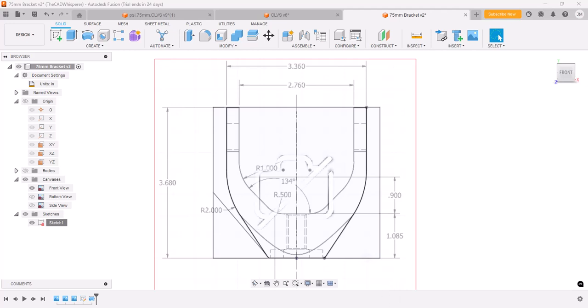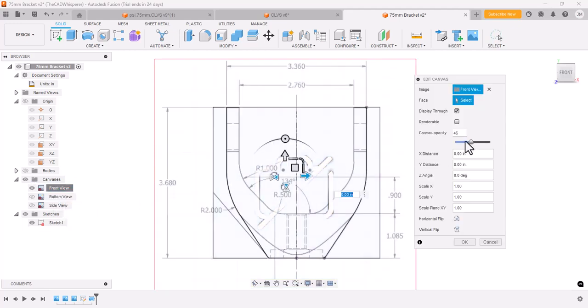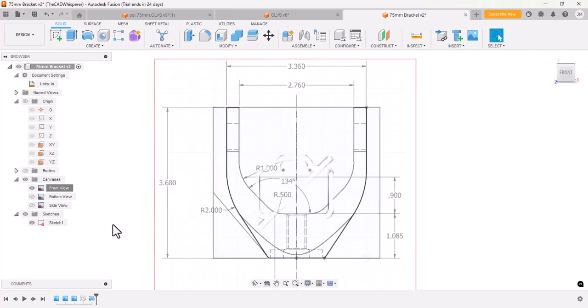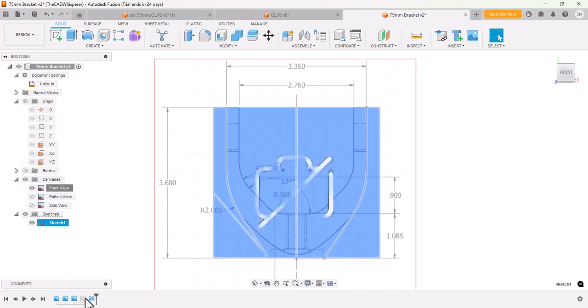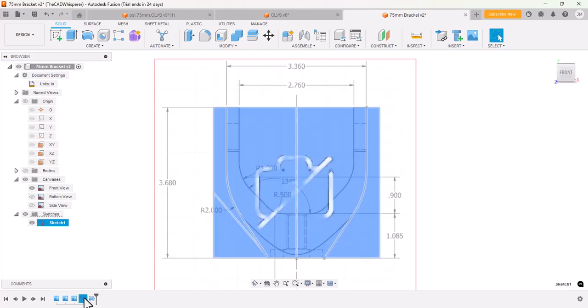I'm going to make this canvas a little more transparent so I can see my sketch more easily through the canvas. So I'm going to edit that canvas, and actually I had it up to 100%. I'll drag it down about halfway, and then I'm going to edit this sketch again. And so I'll do edit sketch. I think I hit the wrong thing. I did redefine. I'll do edit sketch,